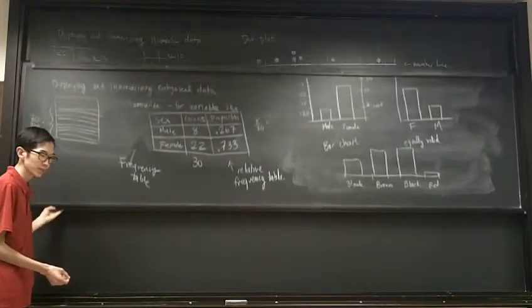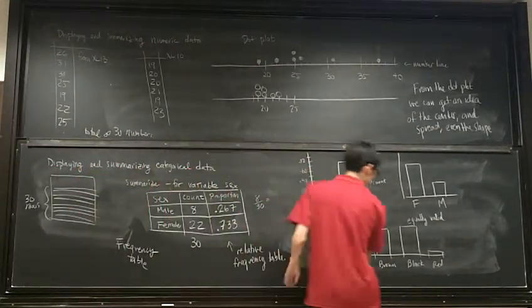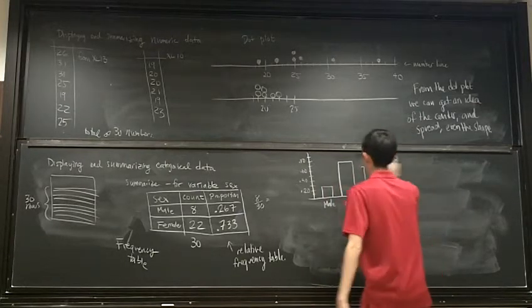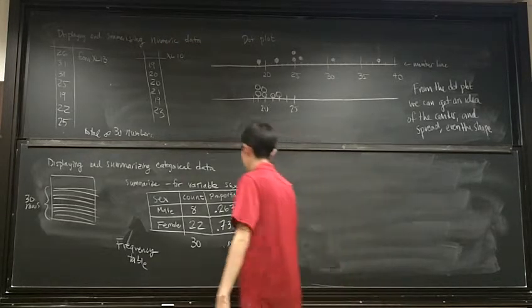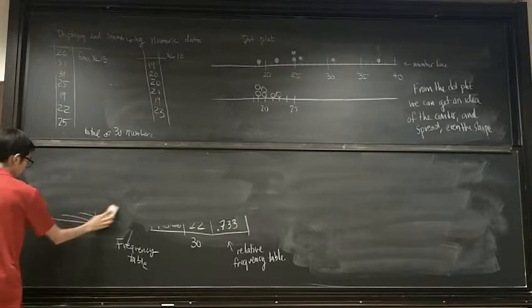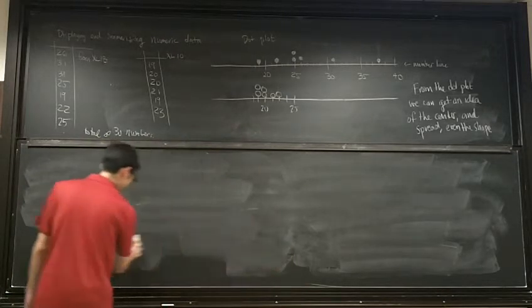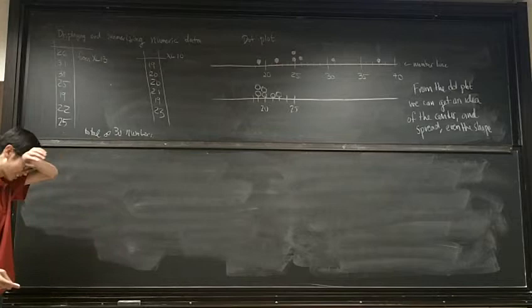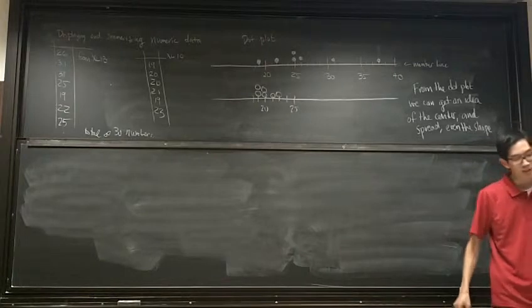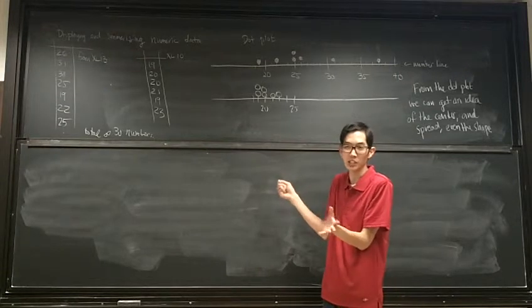So the dot plot serves as a nice way to display our data. If we get more than 30 or so dots, the dot plot can get a little cluttered,